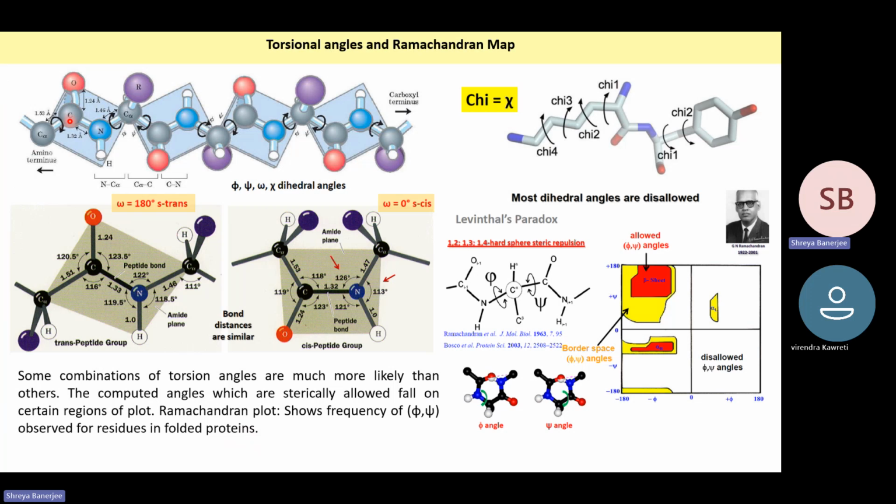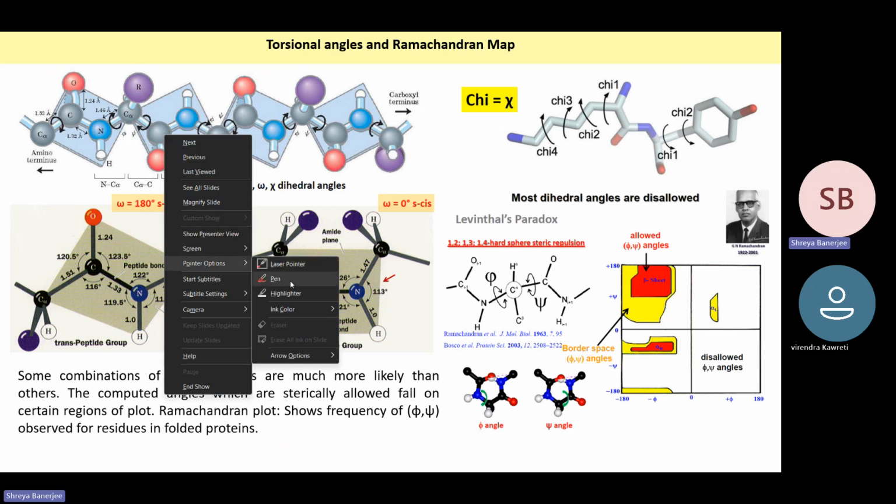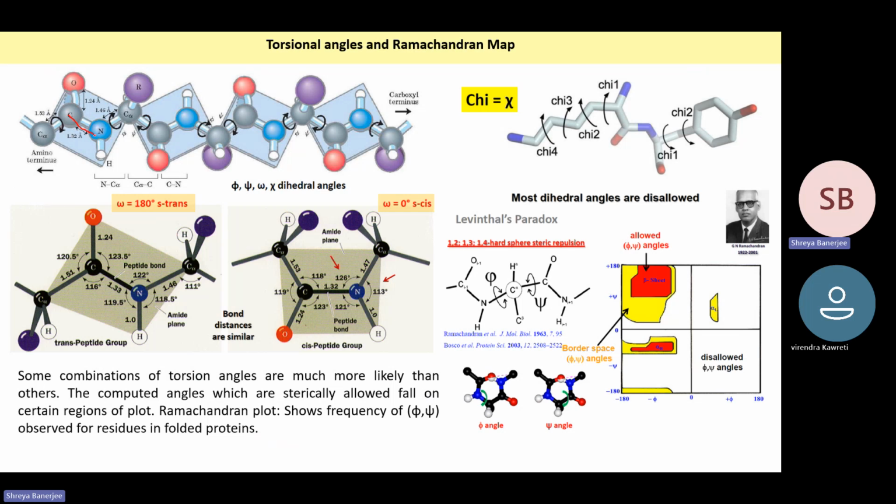And we have studied this before also, that when you have a chain of amino acids, there are certain dihedral angles which become important. So you have the dihedral angle which starts from the carbonyl C of one residue. You take the carbonyl carbon, nitrogen, C alpha, to the carbonyl carbon of the next residue. So basically you start from here, come to N, go to C alpha, and again come to the carbonyl carbon of the next residue. This rotation